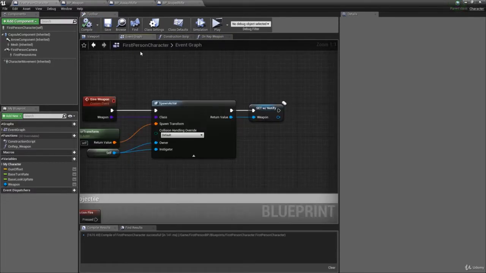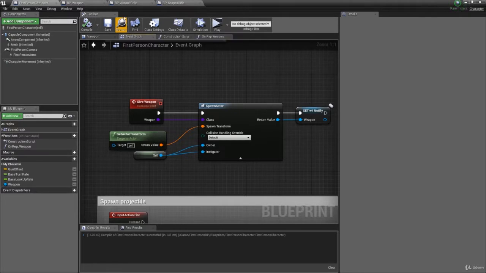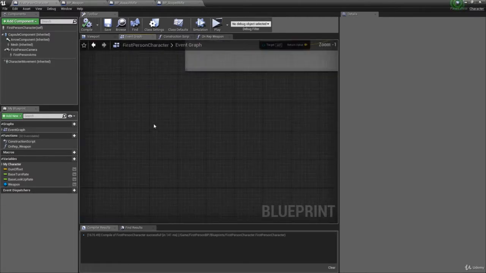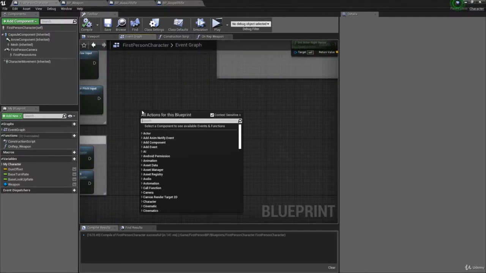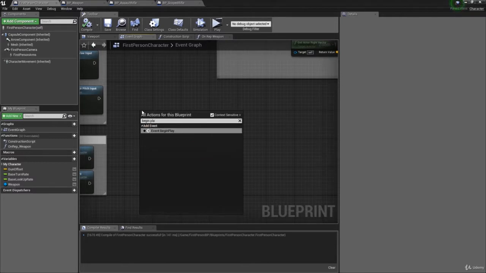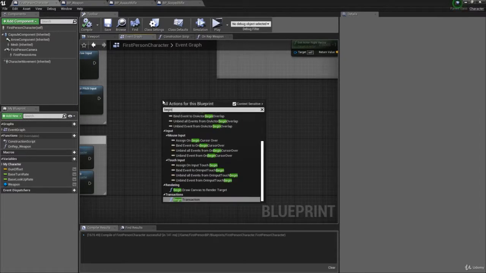Now let's make it so that when the game starts, let's give our player the assault rifle. To find out when the game starts, there's an event called begin play. So you remember I say events are things that you can respond to. Well, there is an event that allows you to respond to something happening at the start of the game. So when you want something to happen when our player spawns into the game, you can simply respond to the event begin play. So right click and type in begin play,